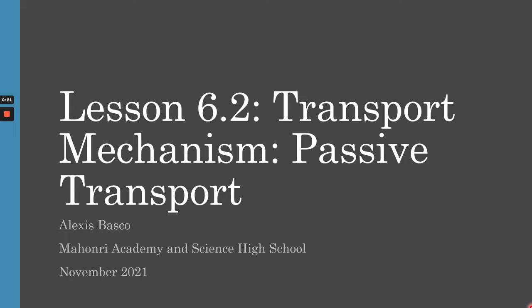Just a little bit of review. Previously, we've discussed the plasma membrane and the structure of the plasma membrane, as well as some components of it and the function of the plasma membrane. We've learned that the plasma membrane is very important in ways that the cell can communicate to other cells or even be able to identify itself, as well as move things in and outside of the cell, because the plasma membrane separates the extracellular fluid, or the fluid surrounding the cell, from the intracellular fluid, or the fluid inside the cell